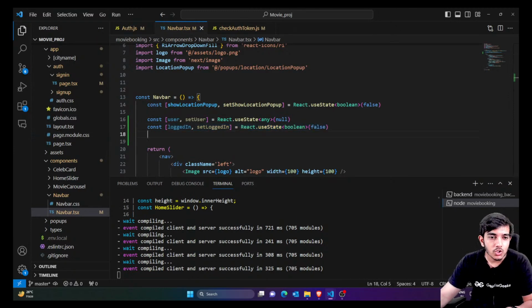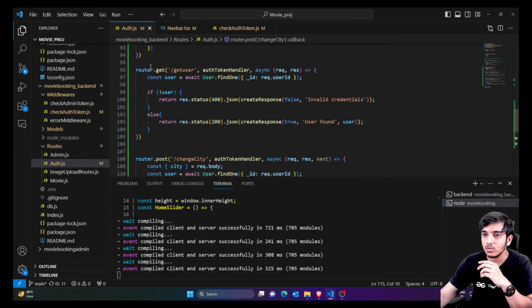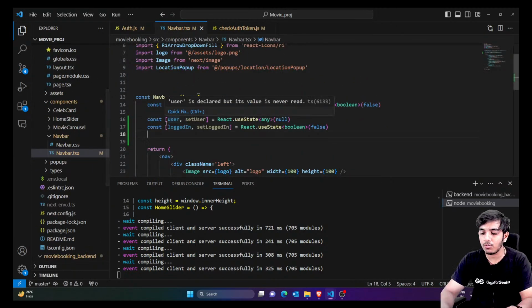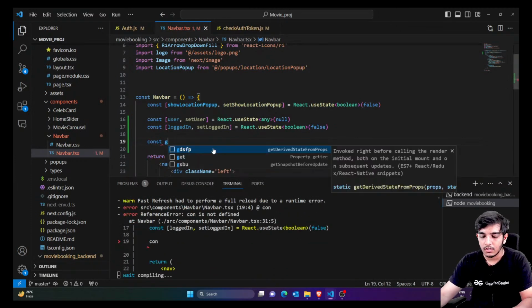Here we have these three hooks, and now we are going to call an API which is get user. You can see we created get user API. We're going to call this API, right? So for that, let's create a function const get